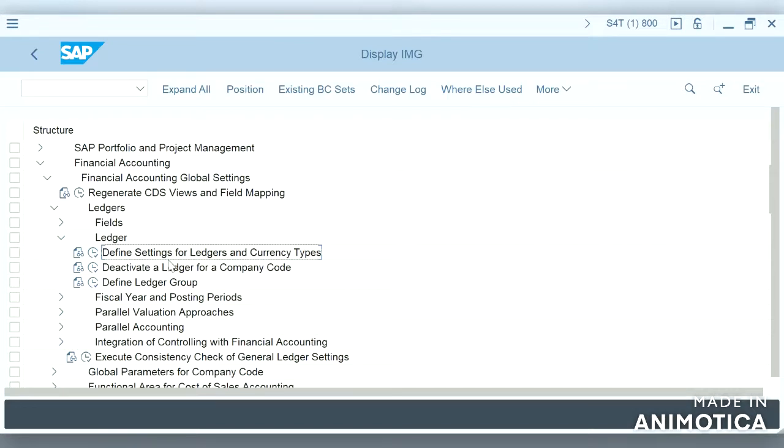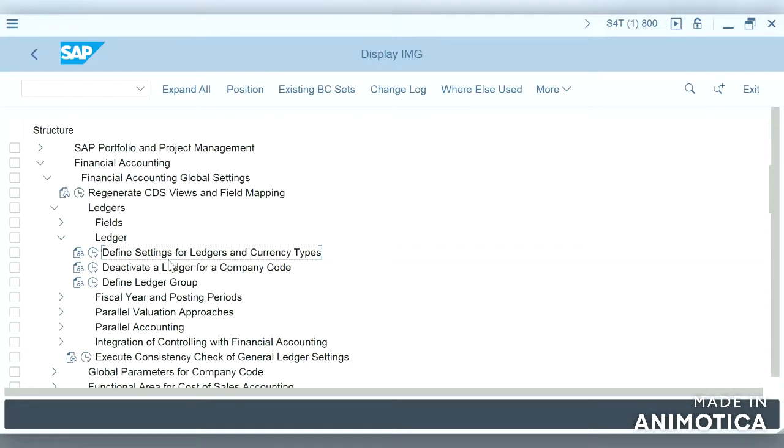So the ledger contains only the data required in the totals table and for reporting, because we use ledgers mainly for reporting purposes.